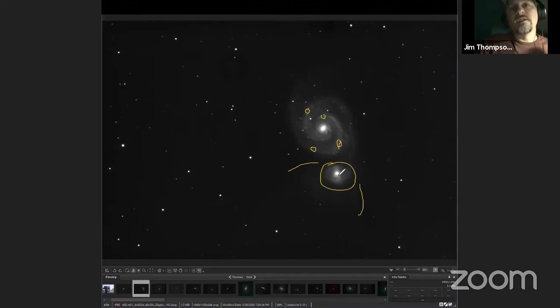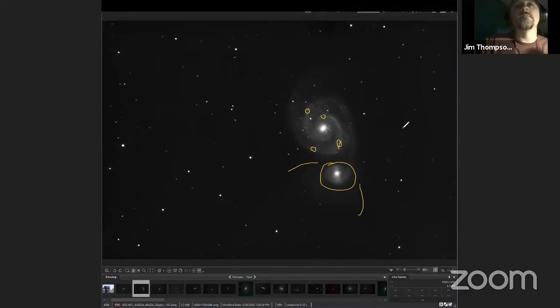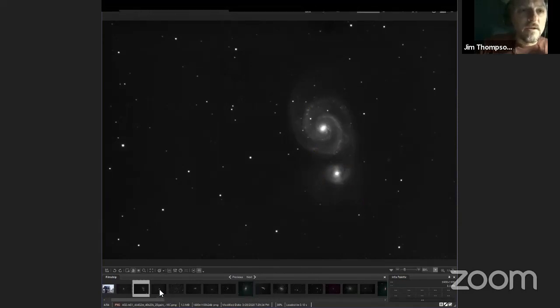But eventually this smaller galaxy is going to orbit around and eventually get sucked in by the larger spiral galaxy that has more mass. So that's one of my favorite spring galaxies. Another favorite is